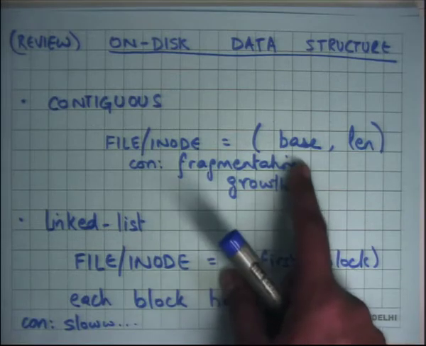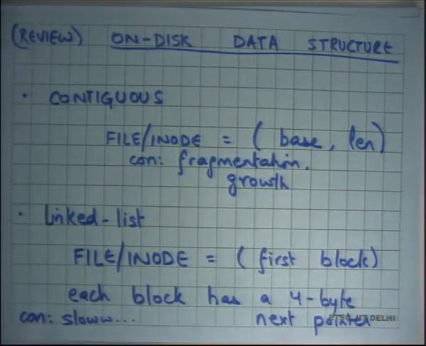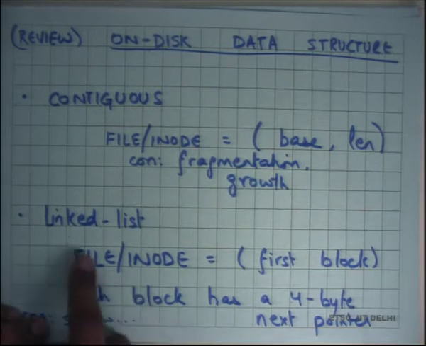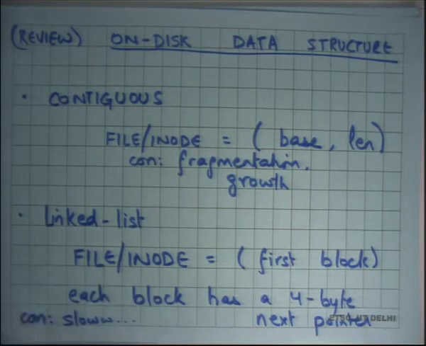The advantage of that is that contiguous bytes in a file are also contiguous on the disk, so it makes for very fast sequential access of the file. The bad thing about that is fragmentation and growth, right? This is similar to what we saw with segmentation in virtual memory. It has those problems. The other on-disk data structure we looked at was a linked list,